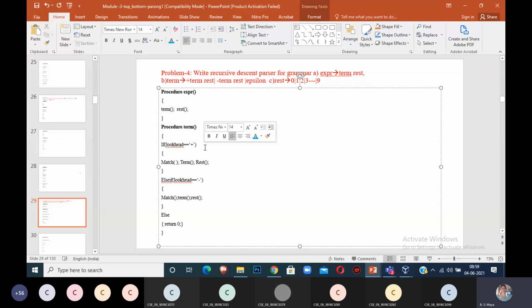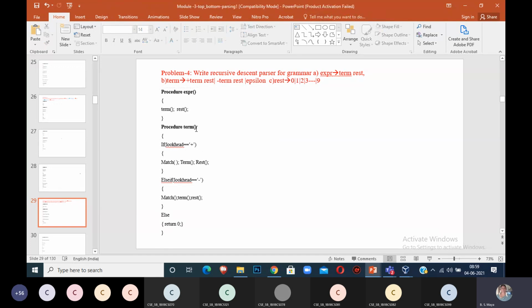But in the exam, it will ask you to write the procedure. See, we refer to whatever is given in the prescribed reference textbook. We have collected material from different types of different textbooks and we give it to you. Okay, the procedure for the term. You can follow some other textbook, as we follow.